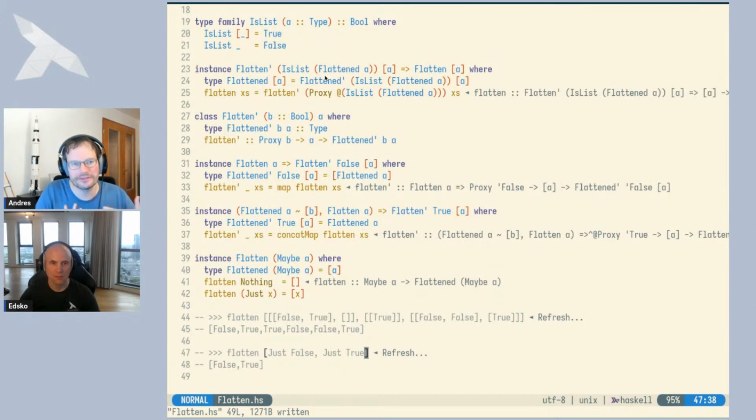Once you're moving to this approach with using a decision procedure, you can replace that with more complicated logic that is not simply the specificity order of instances. And other examples arise if you have multi-parameter type classes, or if you wanted to add cases to flatten for pairs or triples or something like that,